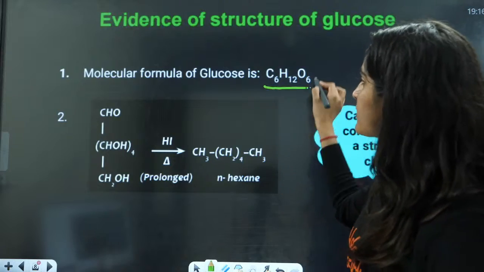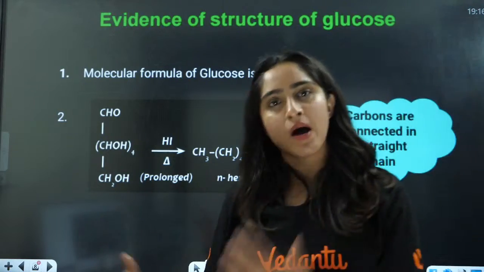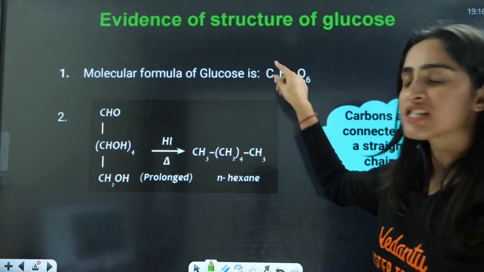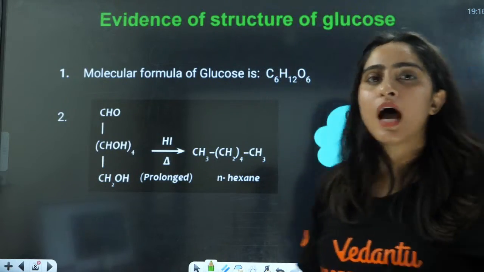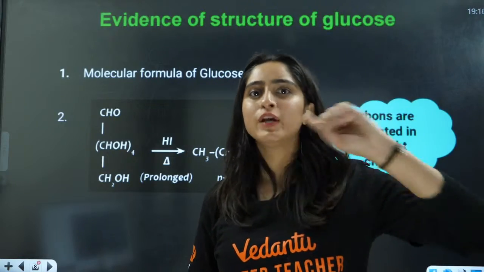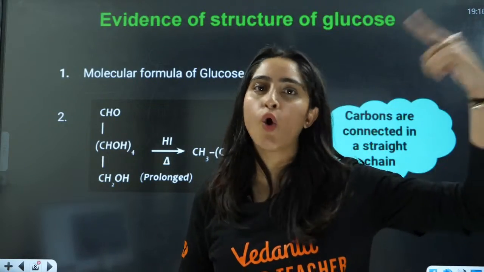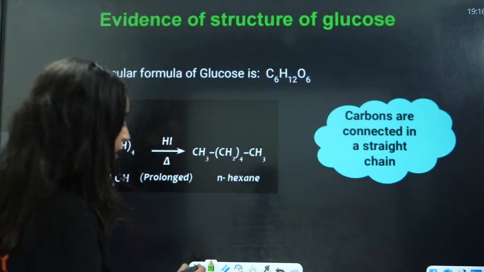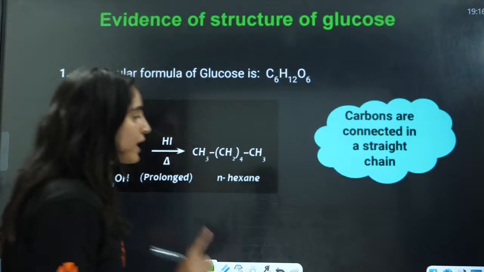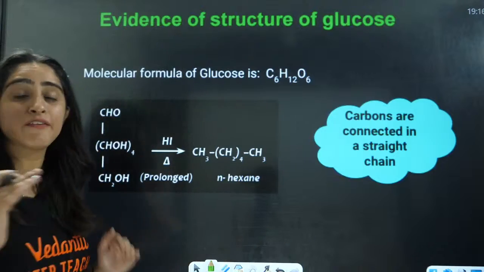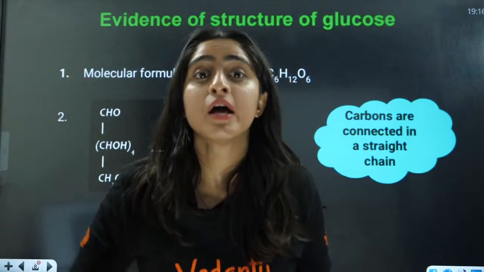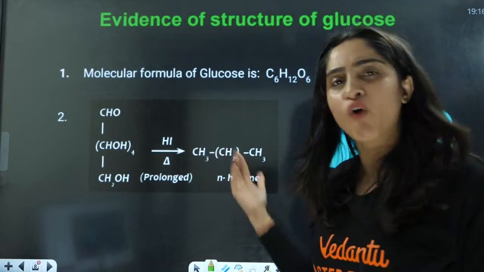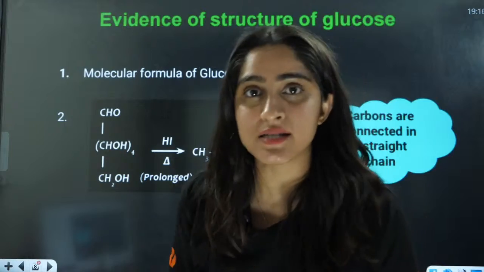Firstly, the molecular formula was found out to be, this is by NMR studies, C6H12O6. Yes. Now, second is, we'll go one by one, okay? One by one, all the reactions have some sort of meaning, right? All the reactions have some meaning behind that, okay? So first is, they will ask you that in the exam. Now, if you react glucose with HI, what is formed and what does that symbolize, right?